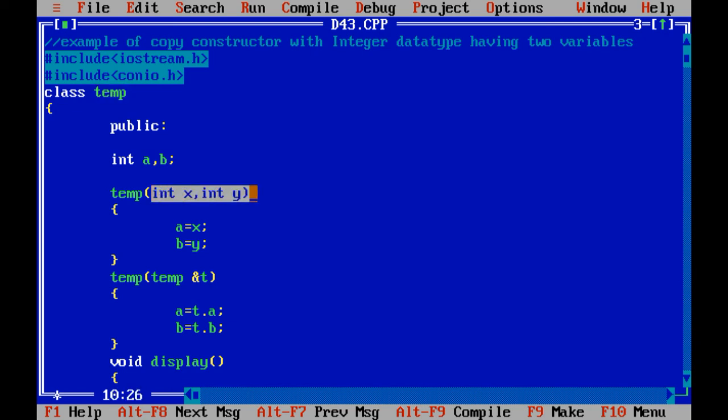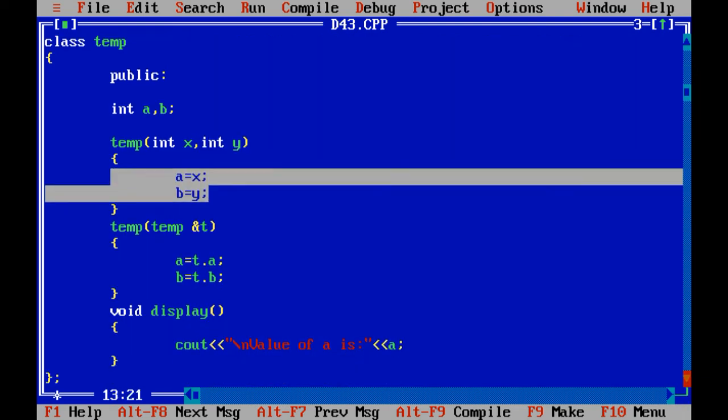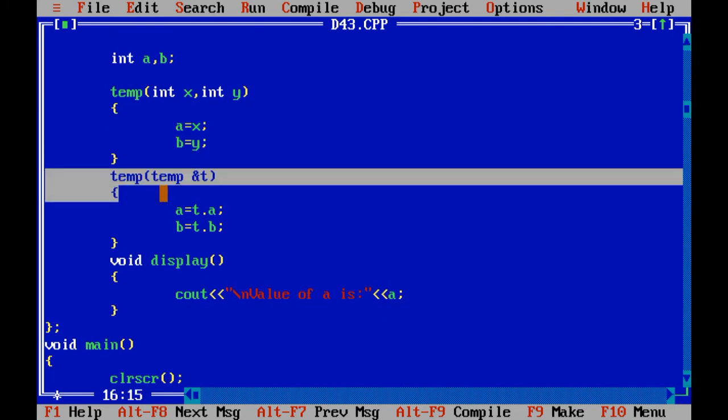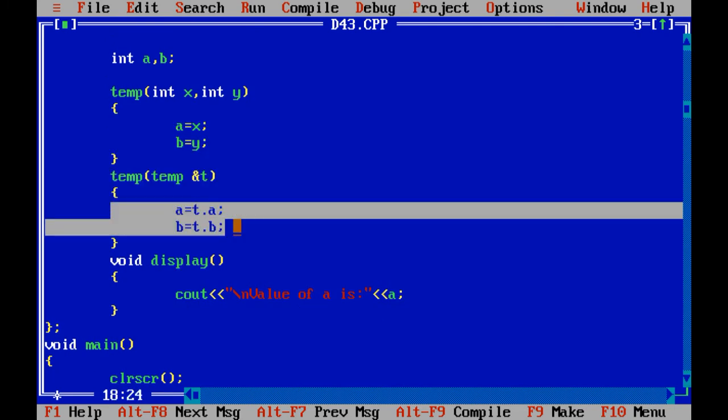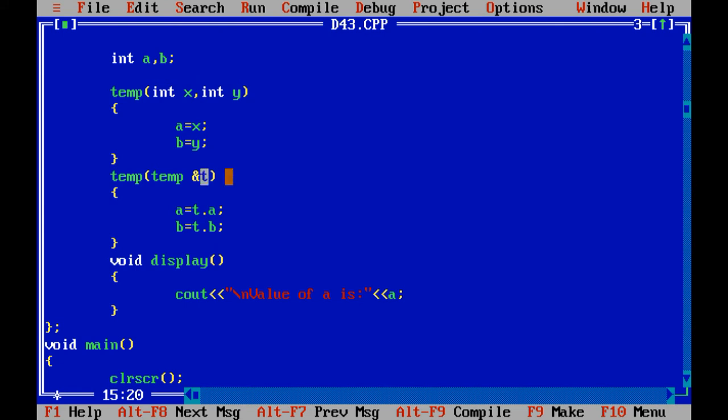Similarly, in the argument of constructor, I need to pass two values of a and b variable. Then in the copy constructor, whatever the number of variables you have passed will come with the object t.